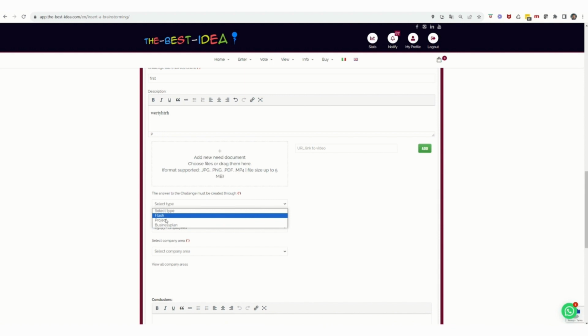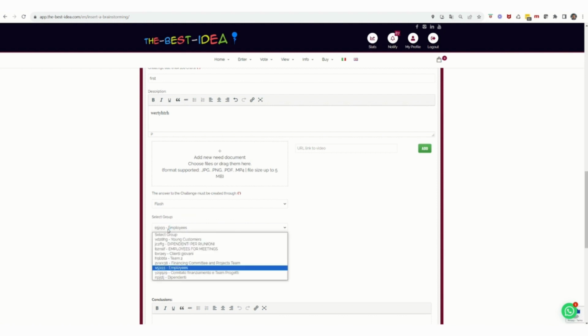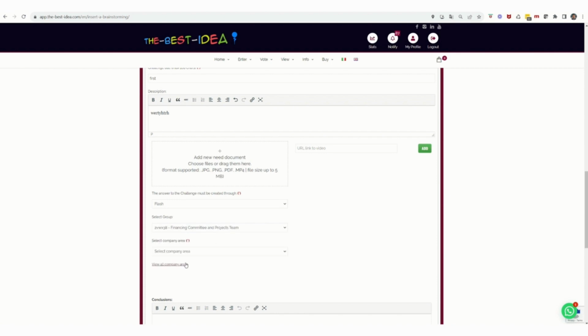Then there is the choice of the group that this activity is directed to, and this field by default is set to the same chosen at the beginning of the brainstorming. But it can be changed, choosing a different one if this activity requires it, to involve for example some customers